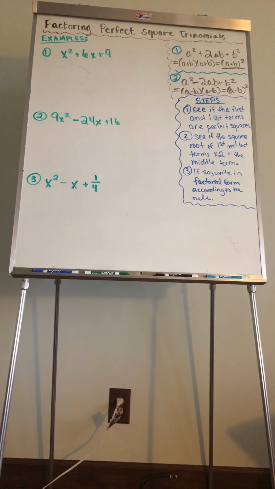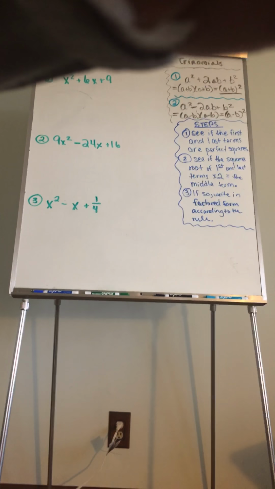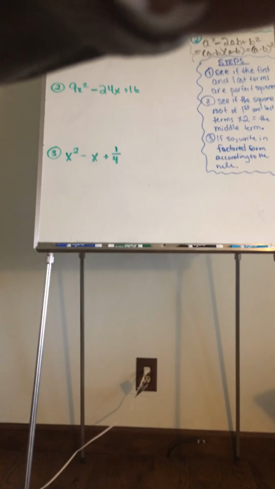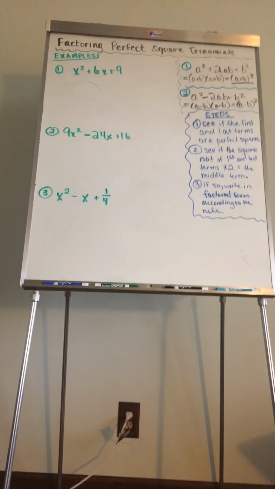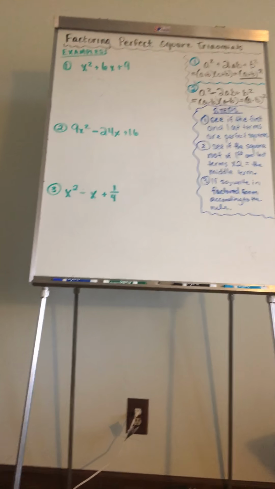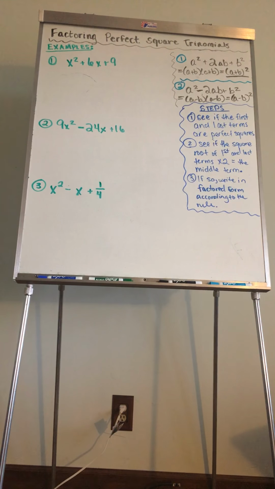All right. This is going to be the last new skill we learn with factoring. And we're learning how to, if I can get the camera the right angle, factor perfect square trinomials. Okay? That's better. All right. So,